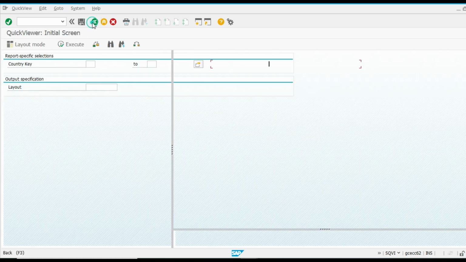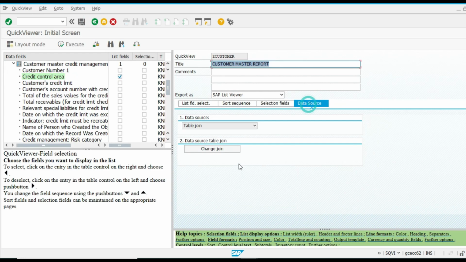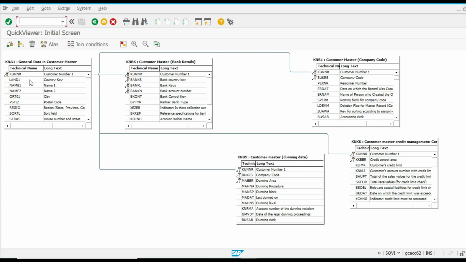Go back, data source, change join. So this is how we can prepare the report.